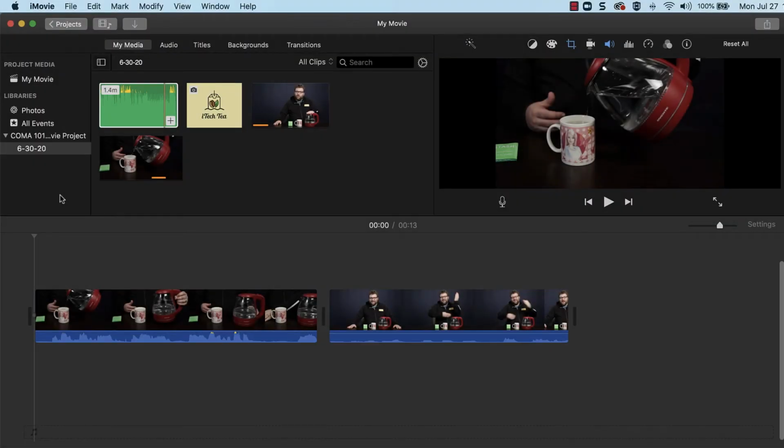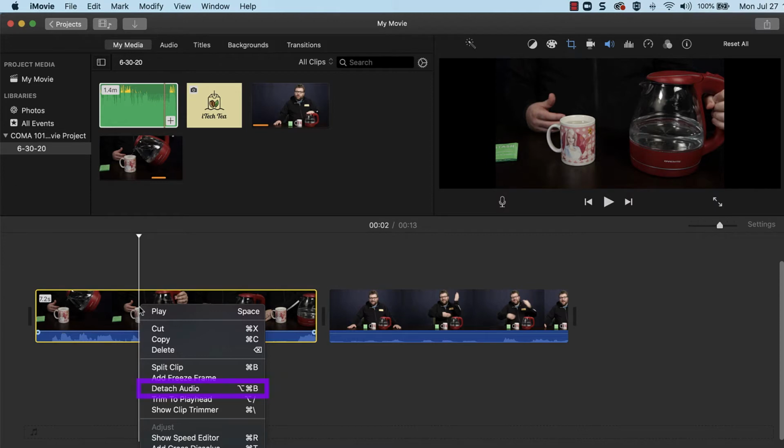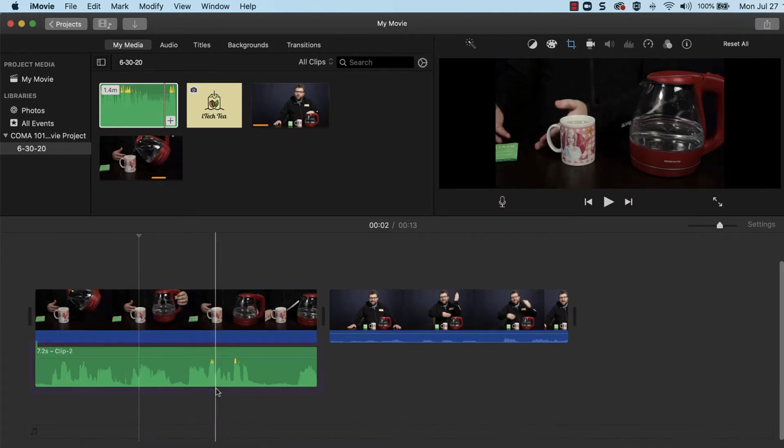Video clips that have audio will have a blue waveform along the bottom in the timeline. To separate the audio from the video, right-click the clip and select Detach Audio. The audio will be separated and put into its own clip, and can now be edited and moved independently of